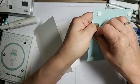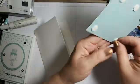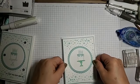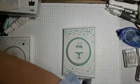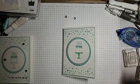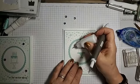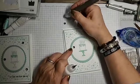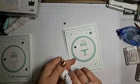Just fling them everywhere. Come on. One more. And then I grabbed a couple of sequins which I covered up. Here they are. So put one there. One up there. And if you wanted to put glitter,